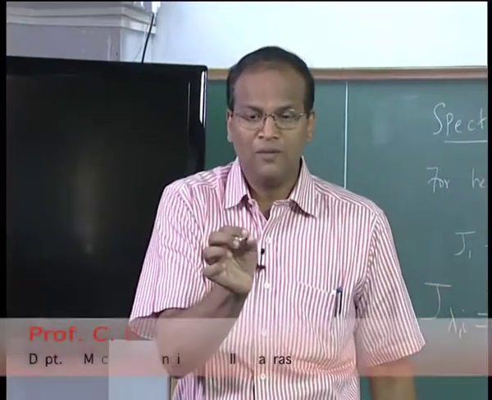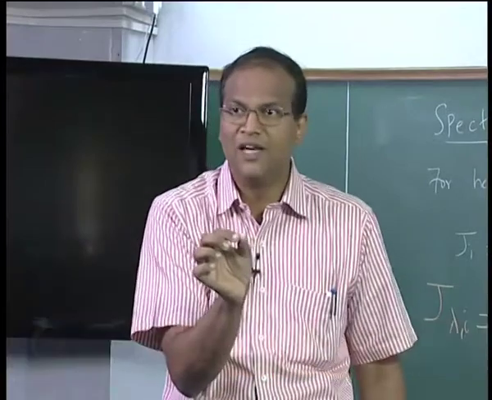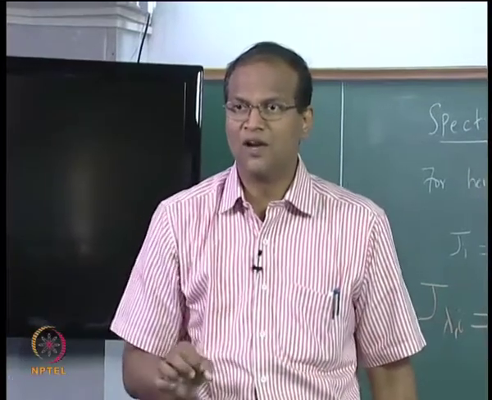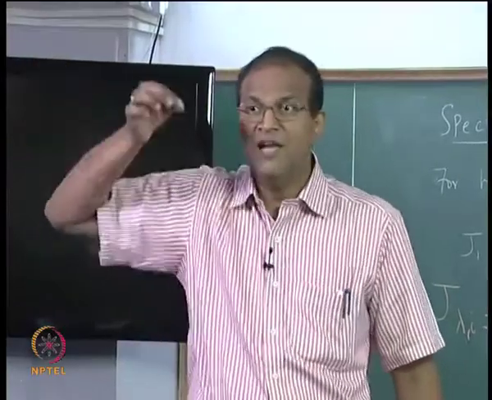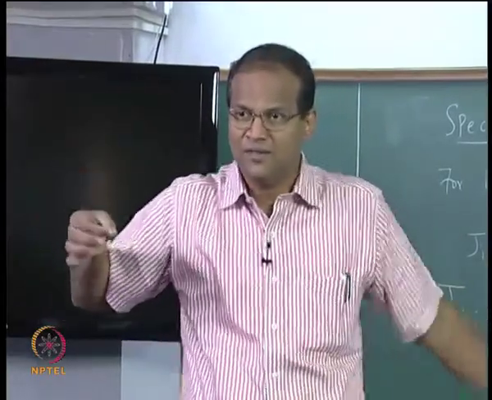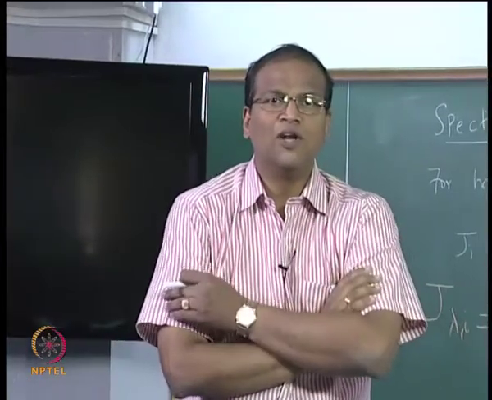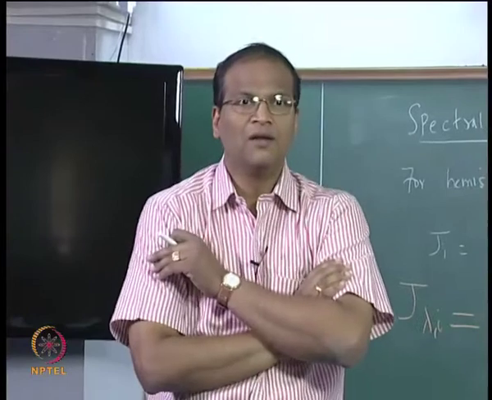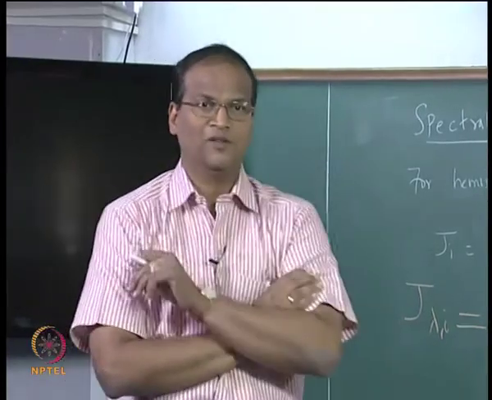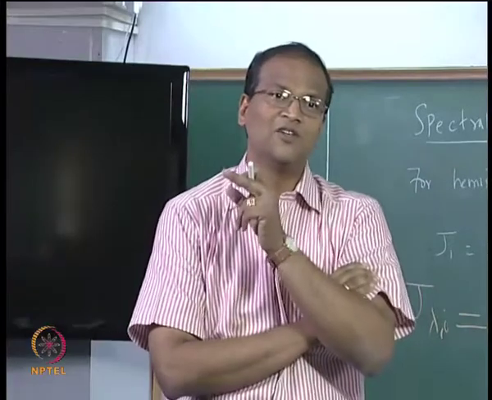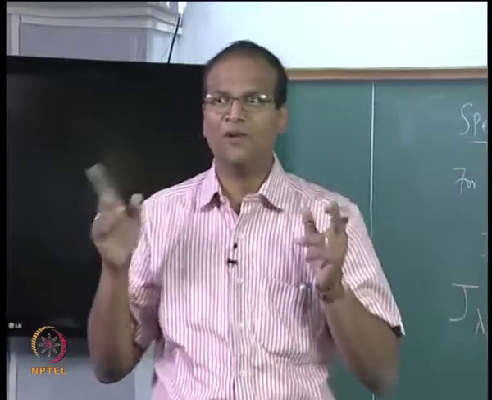You want 0.01 centimeter inverse, that is a wave number, that is the fineness with which you want to do calculations. Therefore, you will have to do millions of spectral calculations. That is, I want j lambda at, let us say, 1.00004 micrometer, 1.00041 micrometer, 1.00042 micrometer, and so on. If you want that, then a supercomputer will struggle.